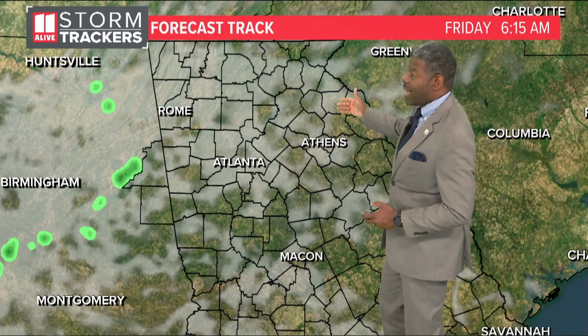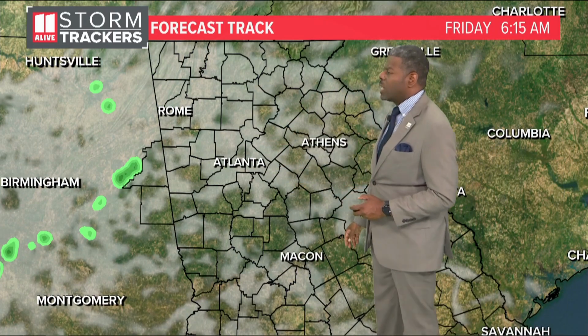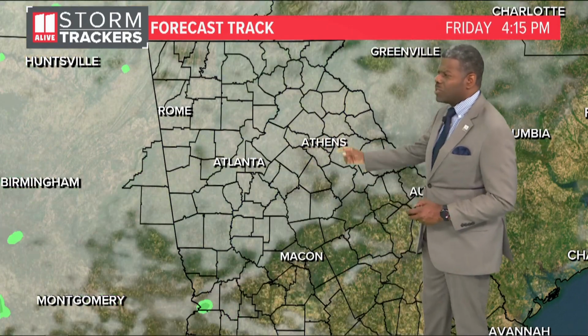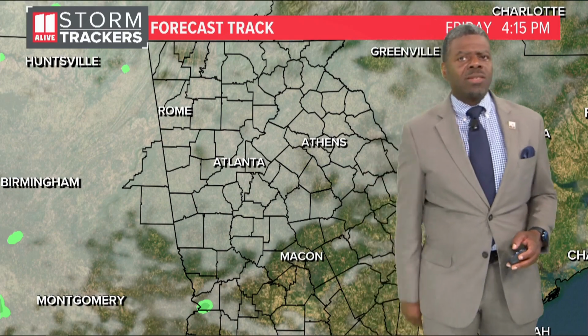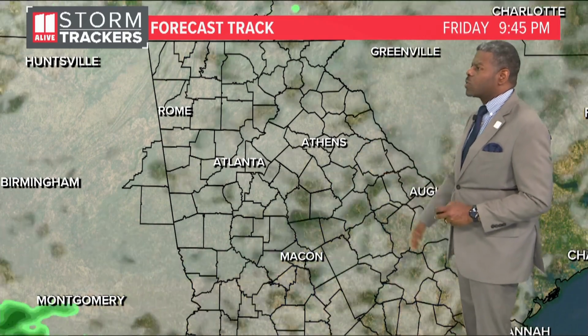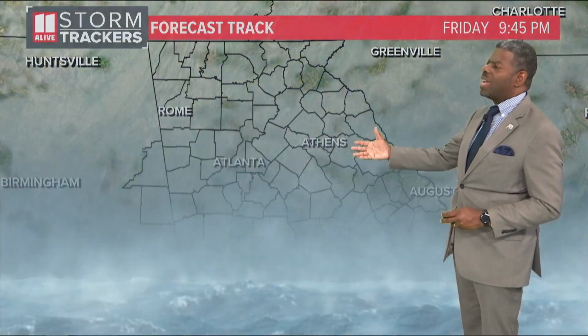By Friday, you're going to notice a few more clouds moving back into the area. Partly to mostly cloudy skies looks to be the call on our forecast model here. So we will get some sunshine in, but you see those clouds trying to overtake the area. And the good news is that there's no rain coming out of those clouds at all for your Friday. We look great, and we'll stay that way for much of the day Friday,